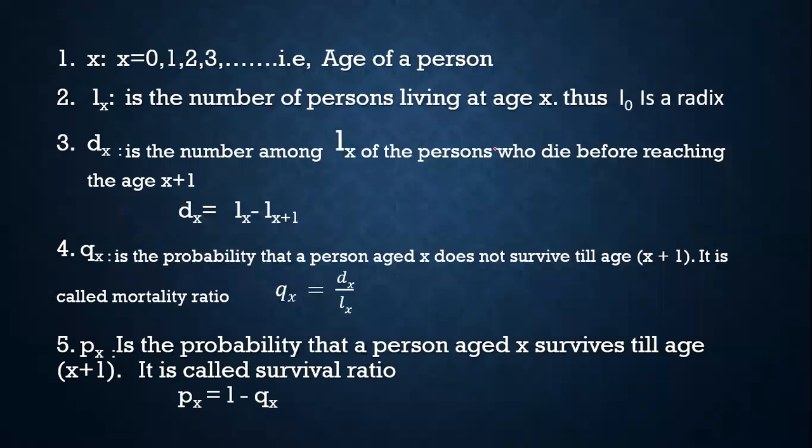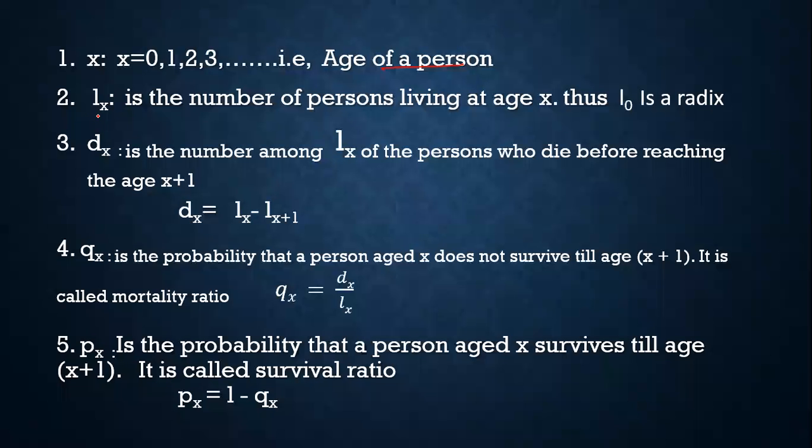First one, X. The first one is X. It is nothing but the age of a person. It will always start from zero, starting from zero till the life of a person. So each individual has their own lifespan. I may survive for 50 years, some may survive more than 80 years, some may only 70 to 75. It depends on what the lifespan of a particular individual is. So the age of a person will be taken as X.